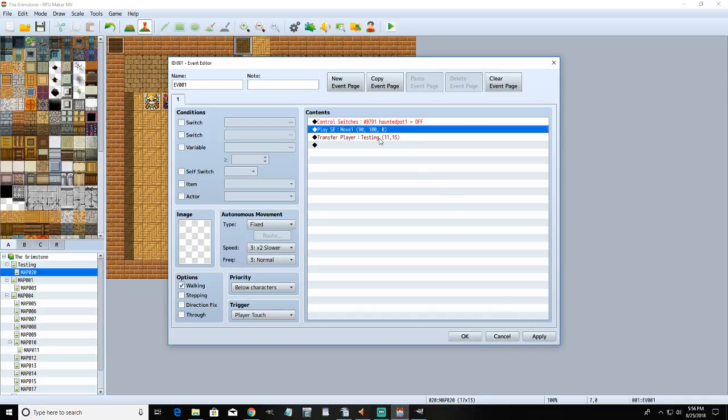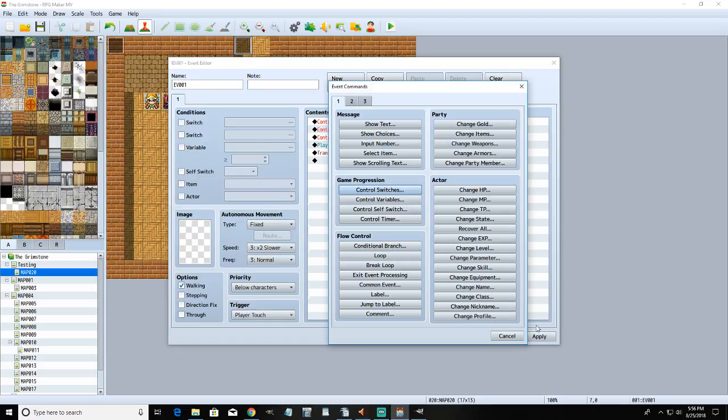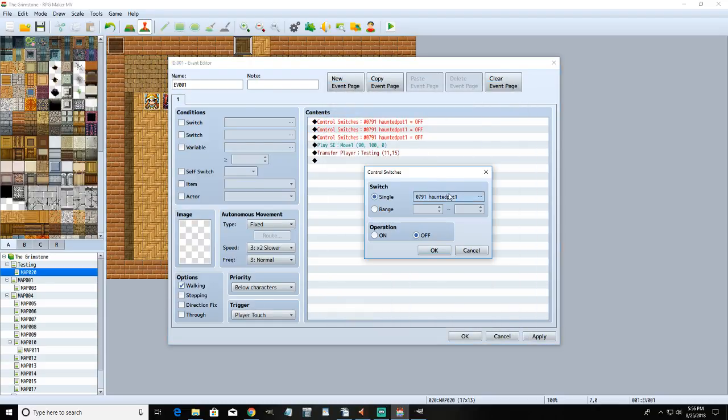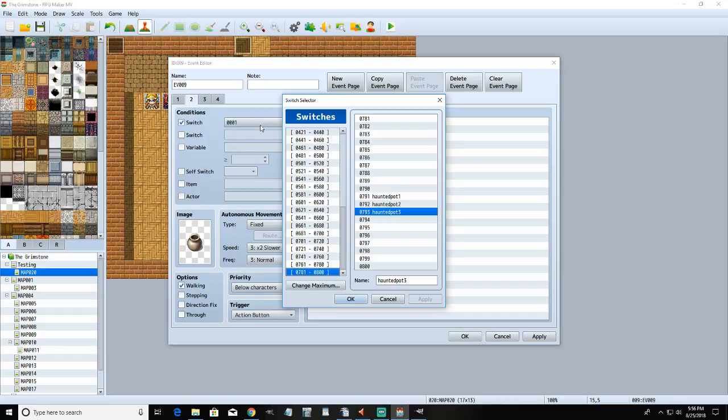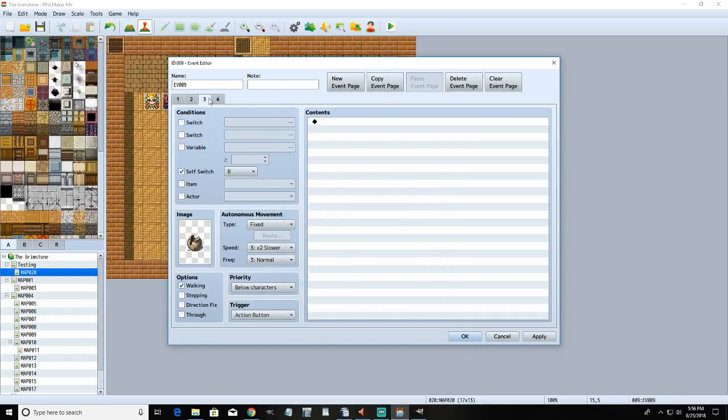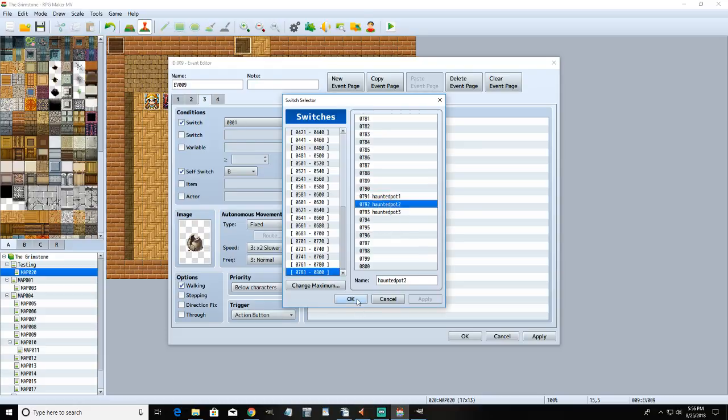No, this would work. There for a second I was thinking, oh crap, that won't work. Yes, it will. We just need to make sure that the pot event is set up correctly by changing these switches up here. So this one would be 1, 2,